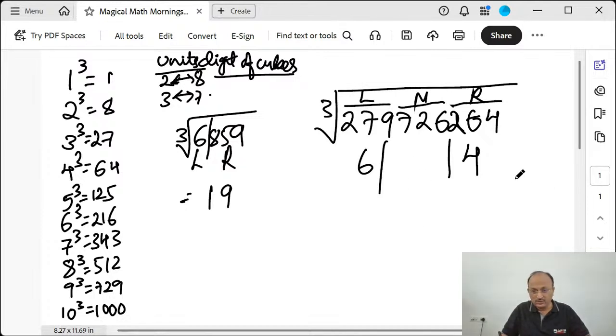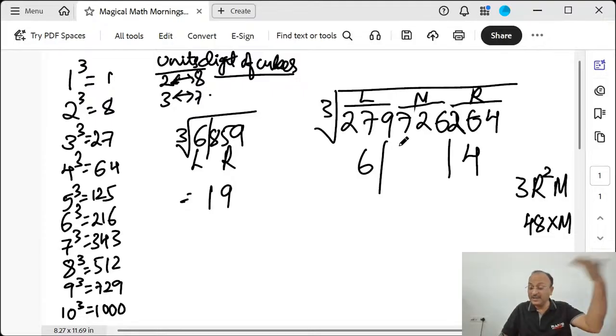Now, find out the digit what should come as the units digit for the multiplying with m. So, check it out, 3r square m. R square is how much? 4. 4 square is 16. 16 3 is a 48 into m. When you do 48 into m, the units digit what you get, that unit digit should come the other